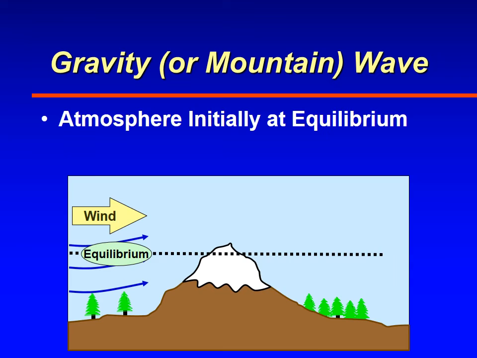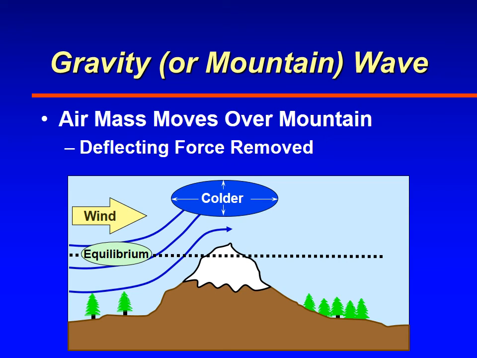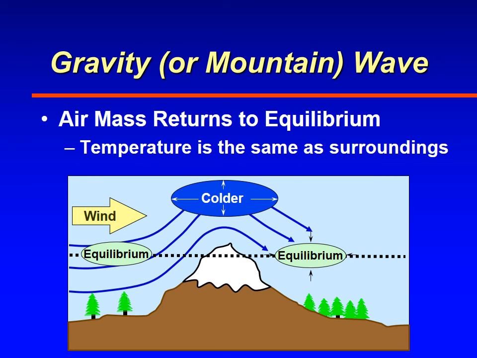So, of course, as the air comes up, this is kind of just a step through to show you what a gravity wave looks like. The air, as it rises up over the mountain, has enough kinetic energy, and as it hits the mountain, it starts flowing up the mountain. And as it rises, it becomes colder than the surrounding air. And colder air is more dense. And once it makes it just over the top and down the other side, gravity will start pulling it down because the air is more dense. More dense air means that it'll sink. The gravity is pulling it back down. So gravity is the restoring force.